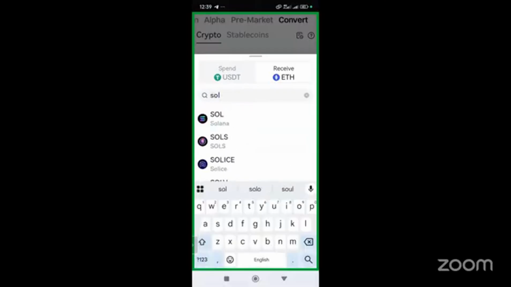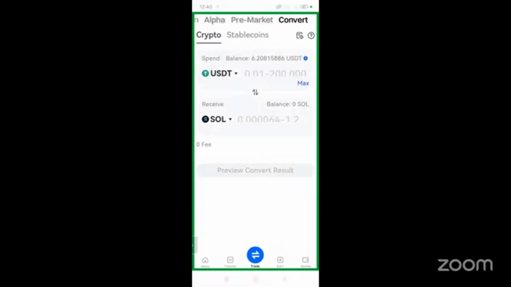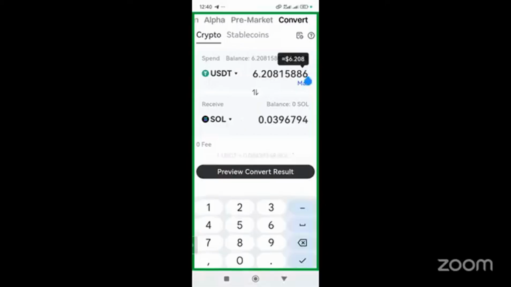This is Solana, the one at the top. I click on Solana. So now I'm converting USDT to Solana. This is the maximum I have there. And when I convert 6.2 USDT, it will give me